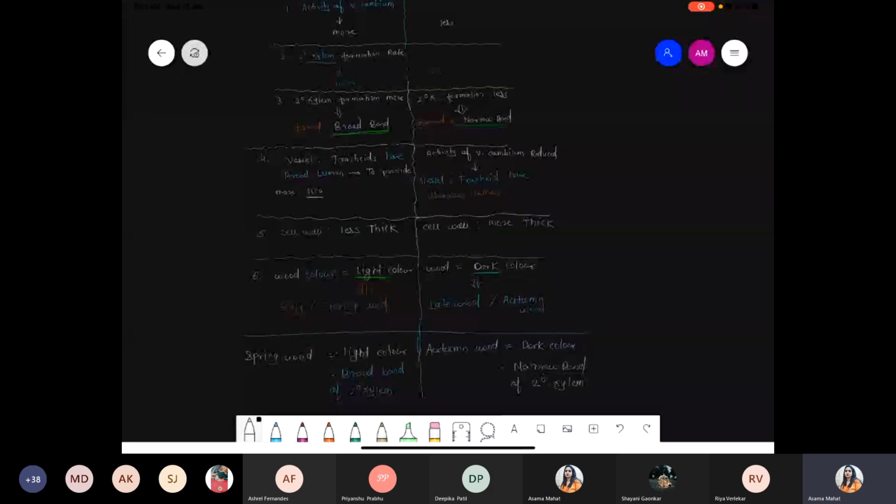And from the next class we'll again start with the cork cambium, which is a very short part. With the help of the cork cambium we'll try to understand the meaning of sapwood and heartwood, and how they get formed. And another point we'll discuss is the phellum, phellogen, as well as phelloderm. Three important concepts. So hopefully next class we complete this chapter and start the new chapter, photosynthesis in higher plants or respiration. We'll see, but probably we will start with respiration first. It is short, we'll finish earlier.